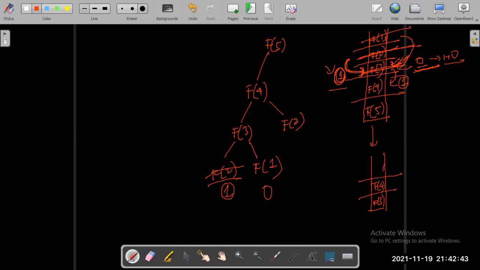F of 4 has got a value 1. Right? And now f of 4 calls that, okay, f of 3 has given me some value. I require f of 2. The most recent function call is this. This will get at the top of the stack. F of 2 is fixed. For this, we have a fixed value, that is 1. Pop this out.